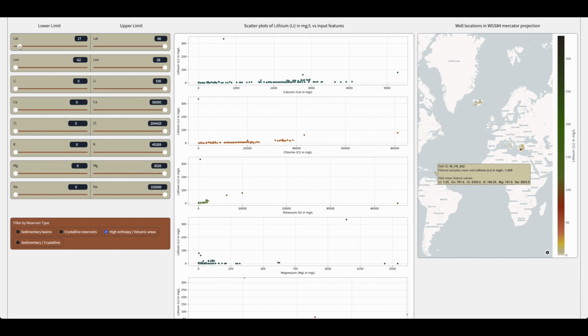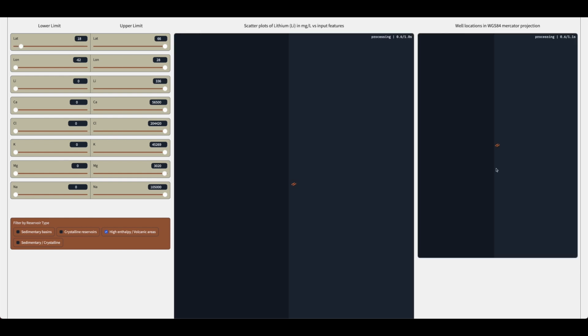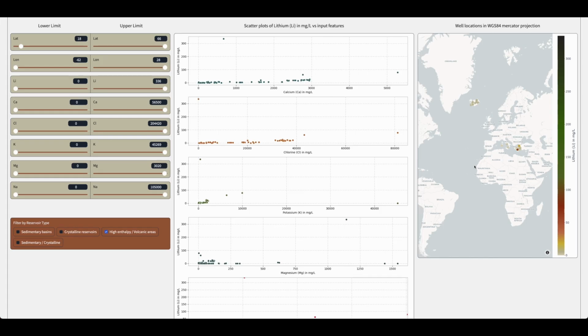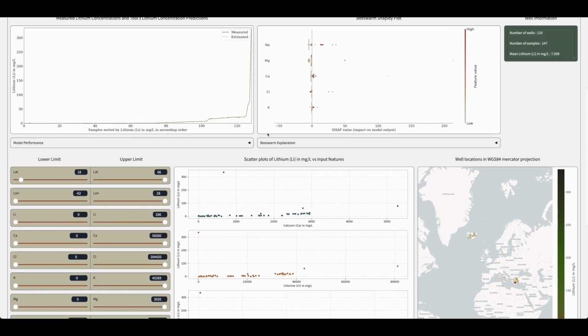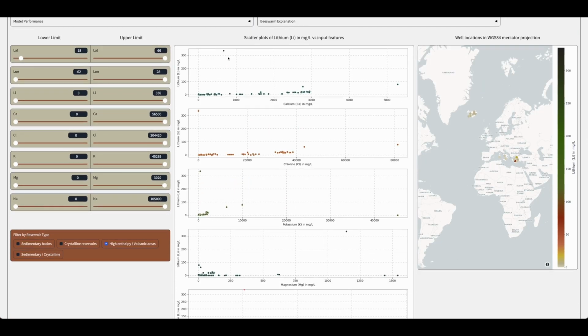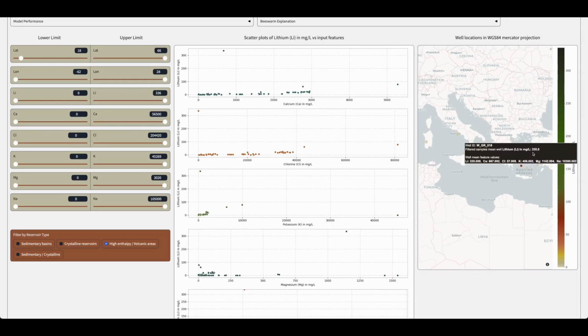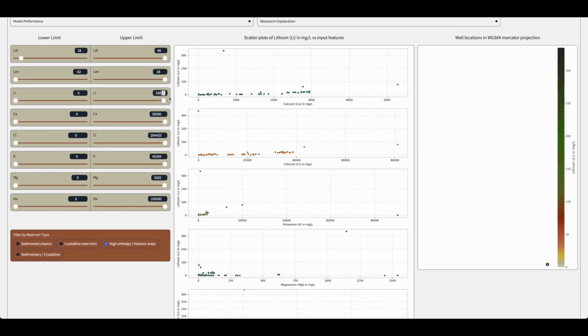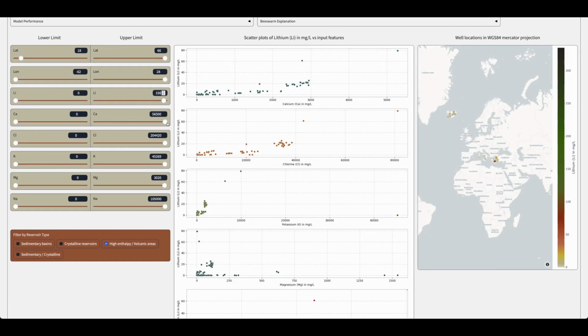By narrowing the latitude lower limit slider, Martinique and Guadeloupe are excluded as they are not geographically located in Europe. It is observed that the model performance is exceptionally good. At first glance, one sample appears to deviate significantly from the others, shown on the map in black, with the lithium concentration around 300 mg per liter, compared to all the other samples which are below 100. This particular well had only one sample, therefore it is now excluded from the analysis by limiting the lithium values to a maximum of 330 mg per liter.